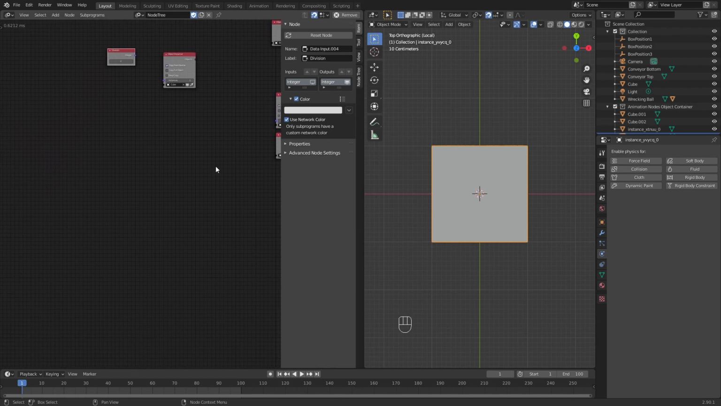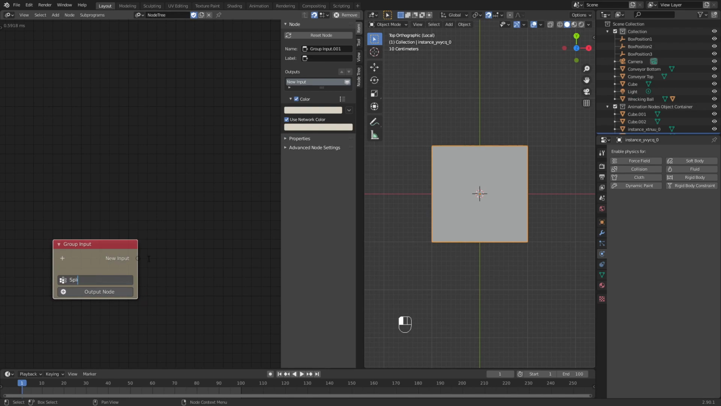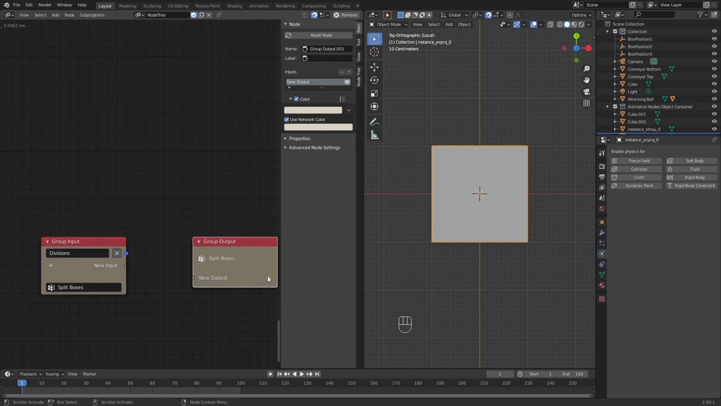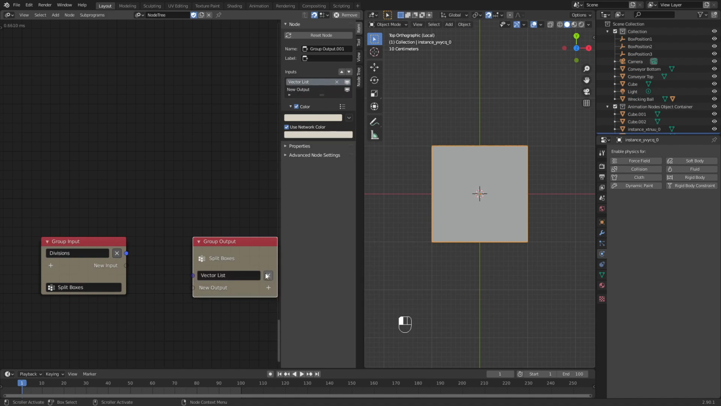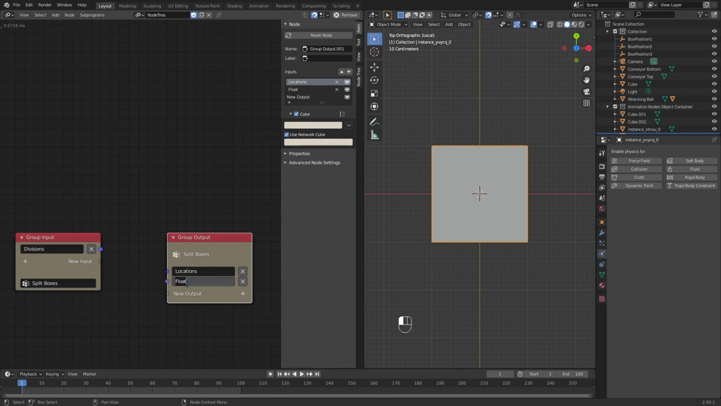So I'm going to make yet another node group here. Group input. And this we're going to call split boxes. And the input is going to be an integer, which is divisions. And we are going to want to output a vector list. This is going to tell us the position of all of the boxes. And it's also going to tell us the scale. Call this locations. And then we're also going to get a float, which is just going to be the scale